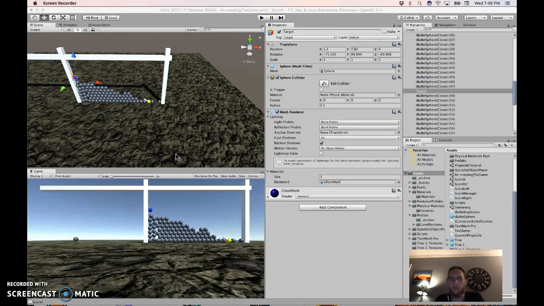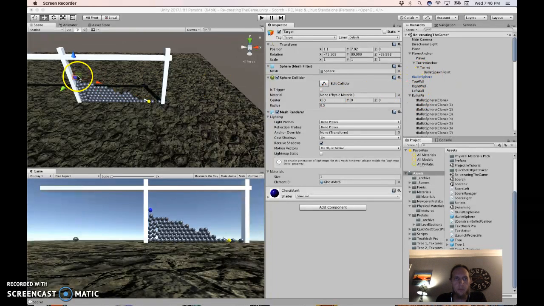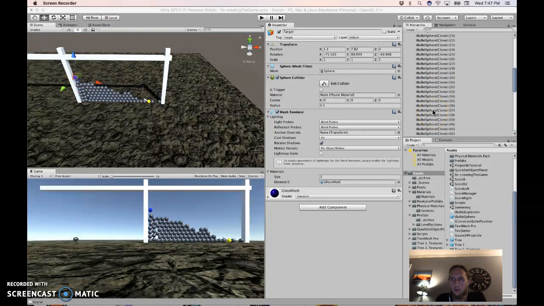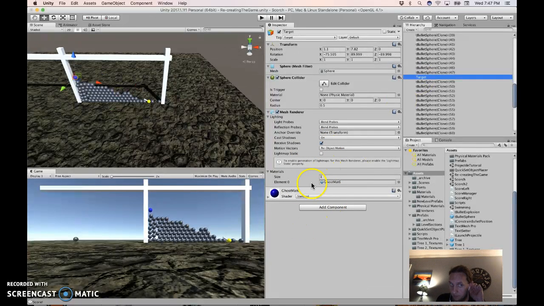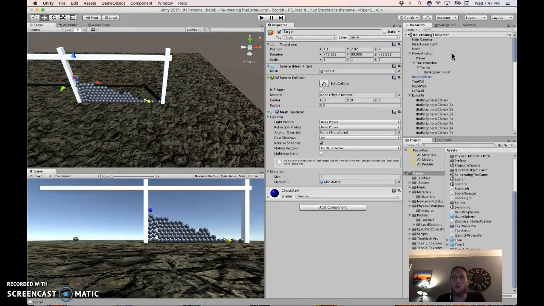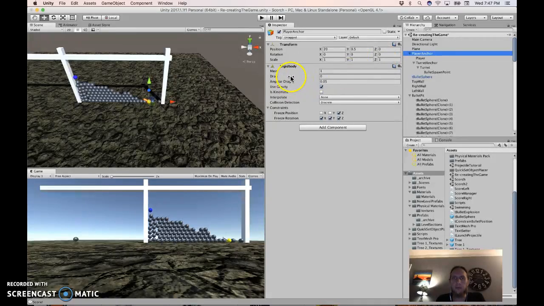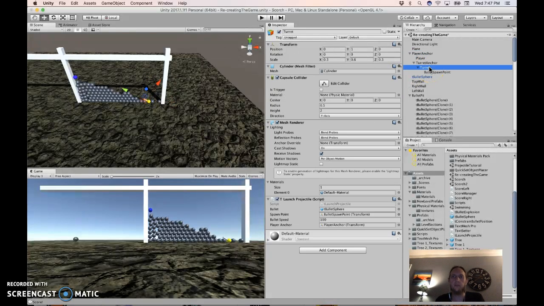Okay, so I've just learned a few things, so there's going to be a few tweaks. First of all, put the target over on the left wall and go find it, and then remove its rigid body and remove its script that explodes things. Meanwhile, on your player anchor, add a rigid body and freeze its rotation in all axes and its position in the z-axis. Then in the turret script,